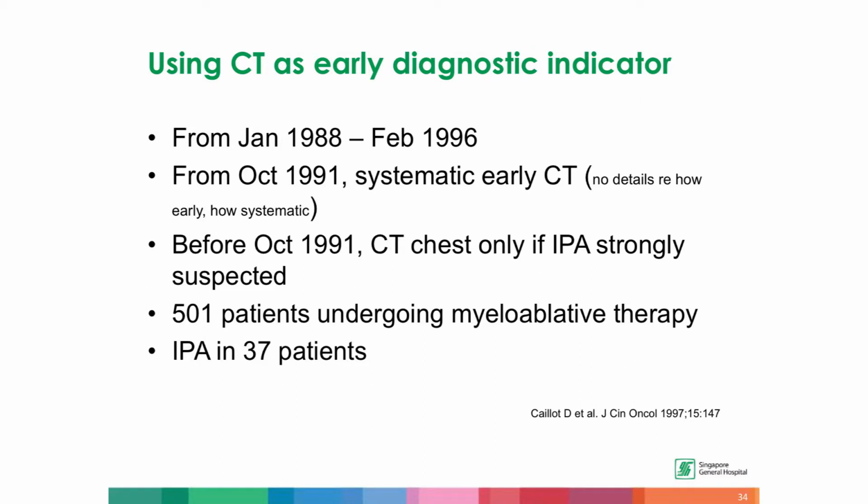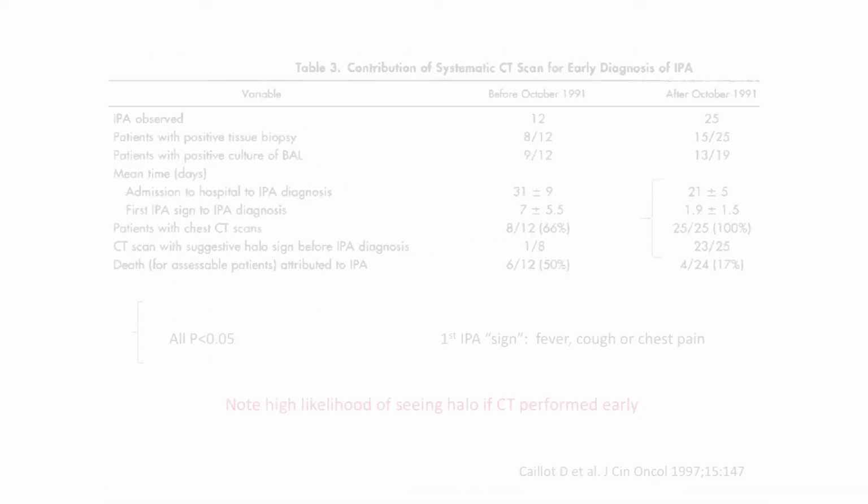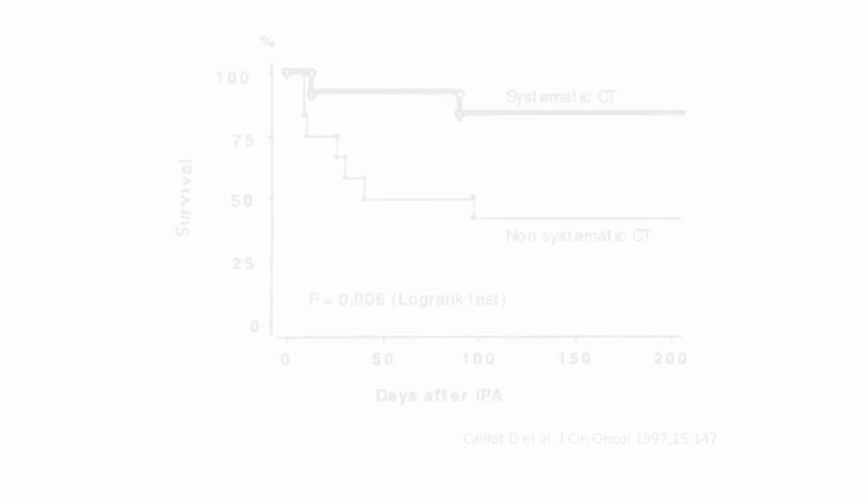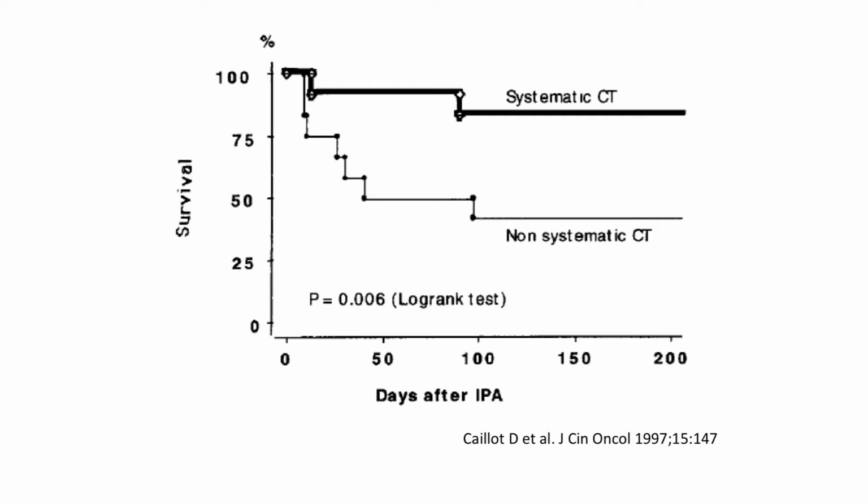So this is a paper from before the days of galactomannan, where if you use CT, if you scan systematically, very quickly with CT, that's what they did. You find that if you scan at the drop of a hat, meaning whether fever or cough or chest pain, then you would shorten the number of days to clinching a diagnosis. If you see the halo, you can say that this person likely has IPA. And then you also find that you can reduce the death rate from 50 to 17%,